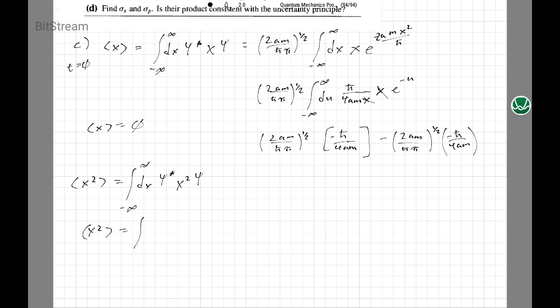Alright, this guy is going to equal, and I'm apparently going to put my constants inside there. So I have my a, which is this guy here, and I have my h bar pi to the 1/2, and then we have e. Again, we are doing this for time t equals 0, since we normalized in a stationary state, we are